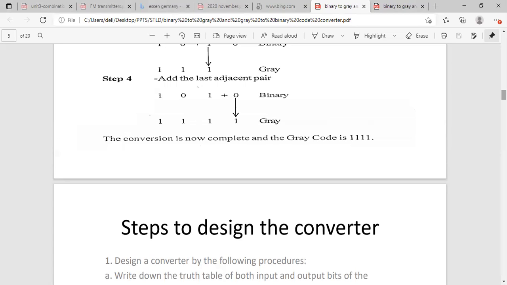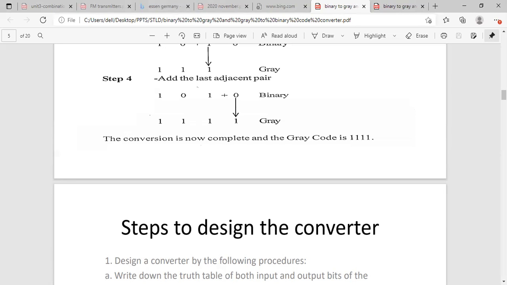So how many input variables do we have? Binary is the input and gray code is the output. So 4-bit binary is the input. So the number of input variables here is 4, and the number of output variables is also 4.